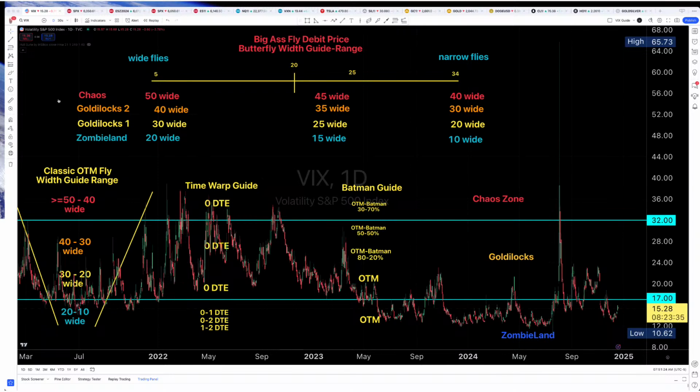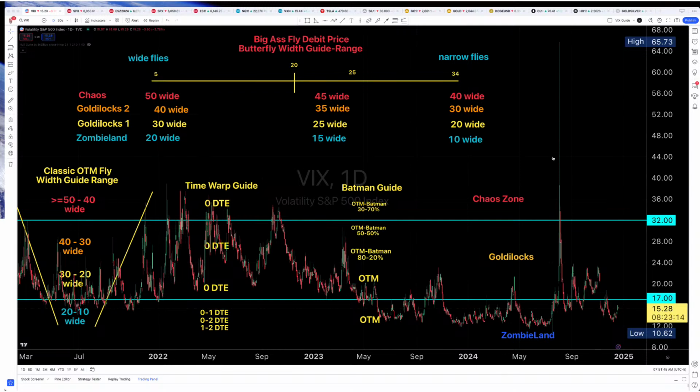You could make an argument that December 20th is also the very last day, but it's not a PM expiration. It means that it will expire at 9:30 before the market actually opens. So if you're not aware of that, you could get caught with your pants down, and you don't want that in trading. Absolutely. All right, so getting onto the big ass fly, that is simply a at the money 50 wide fly